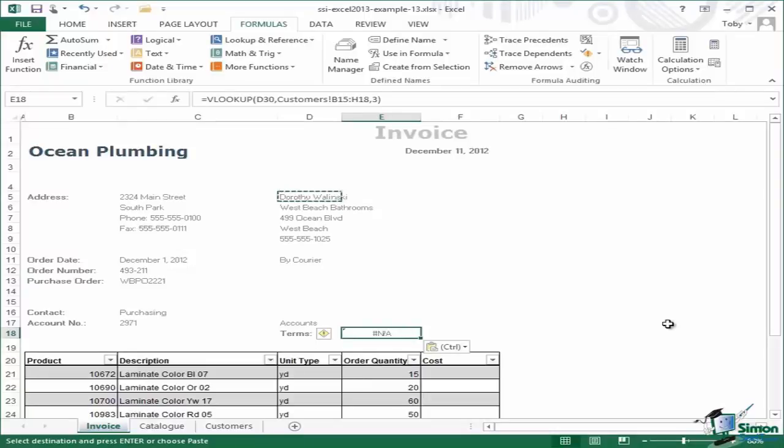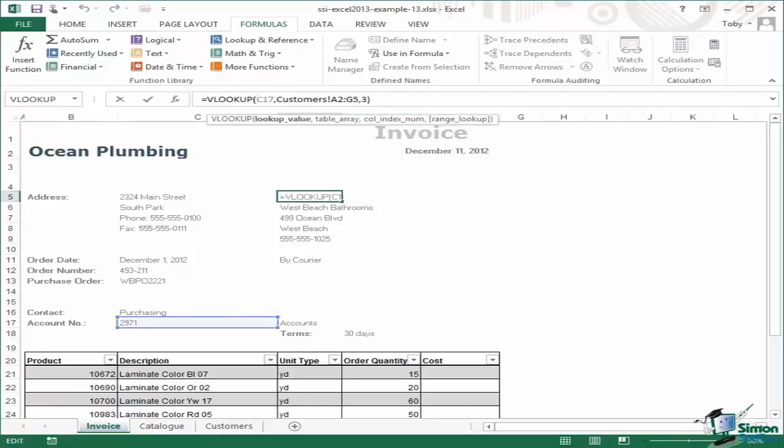Now hopefully if you look at what's in the formula bar you can see what the error is, because the error is that with this lookup, when I've moved the lookup to a different cell, it's basically used its referencing to change not only the cell reference for the item to look up, the account number in this case, but also the range on the customers sheet for the information about customers. So let me undo that and let me go back to the original formula for Dorothy, and you should know that what we need to do there is to put in